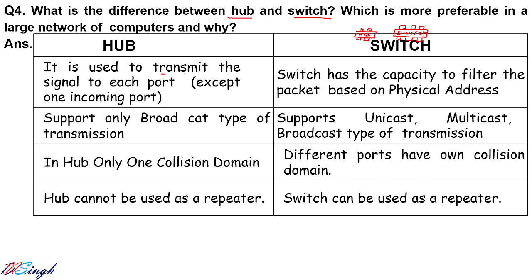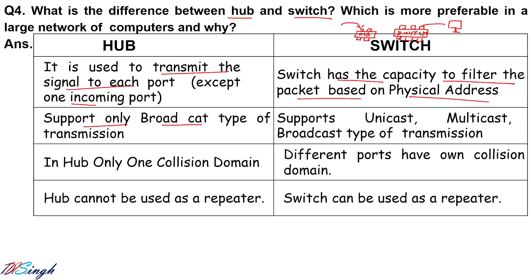A hub is used to transmit the signal to each port except the incoming port. Suppose this is an incoming port, a hub will not transmit the data to this port. It is going to forward to all the remaining ports. But a switch is intelligent and works on the data link layer, using the MAC address, the physical address. It checks on which particular port the computer holding the destination MAC address is connected, and will forward on that only. A switch has the capacity to filter packets based on physical address. A hub supports only